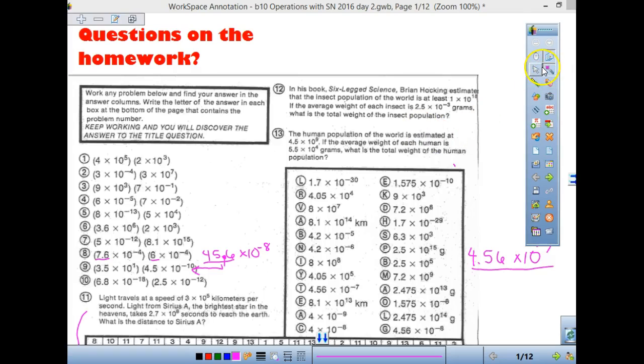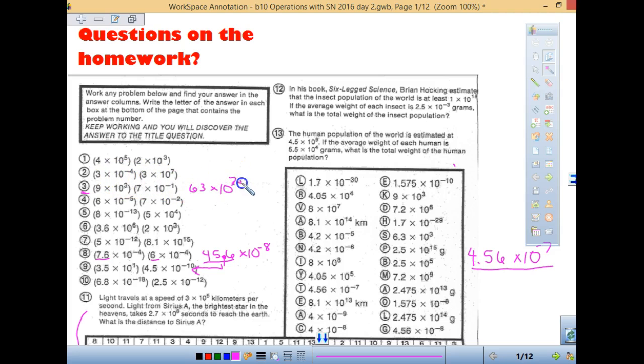Number 3. So if I look at number 3, I'm going to take 9 times 7, and 9 times 7 gives us how much, Emily? 63. I'm going to have times 10, and we just use our exponent rules, and we're multiplying, so that means